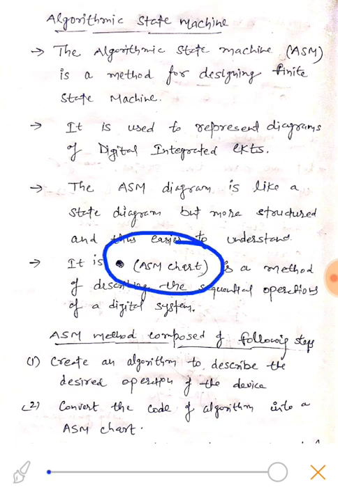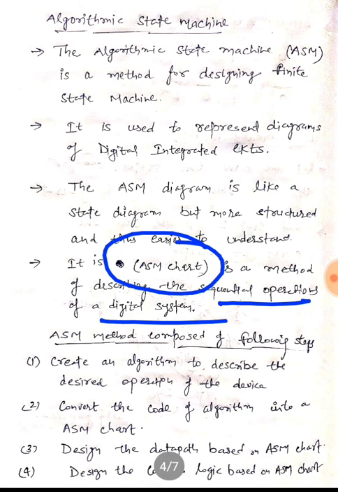is a method of describing the sequential operation of a digital system, or a sequential circuit. Okay. So the ASM method is composed of some of the following steps. Like first is